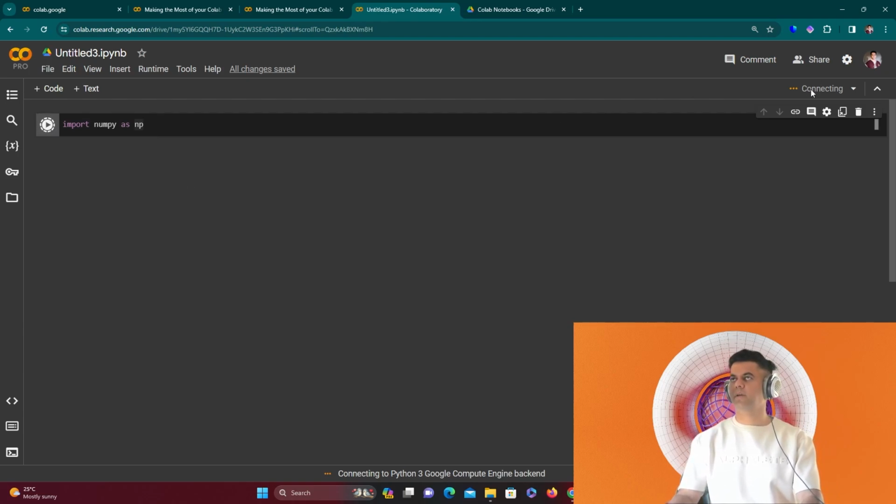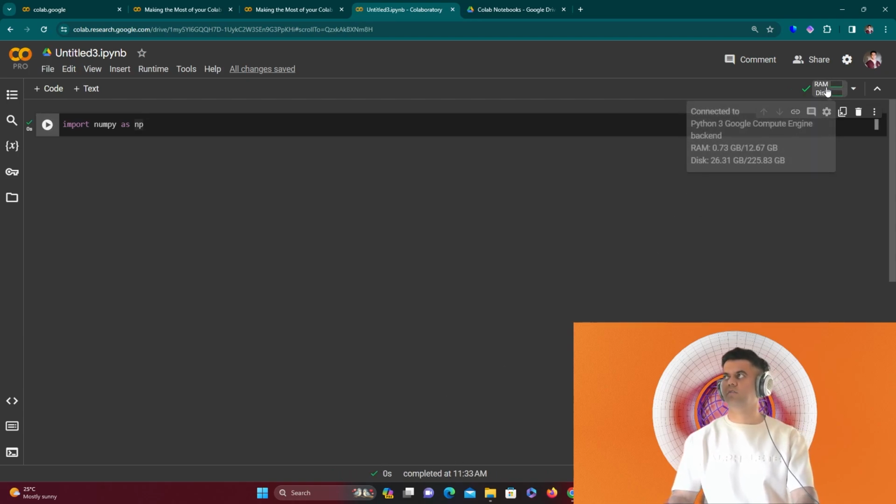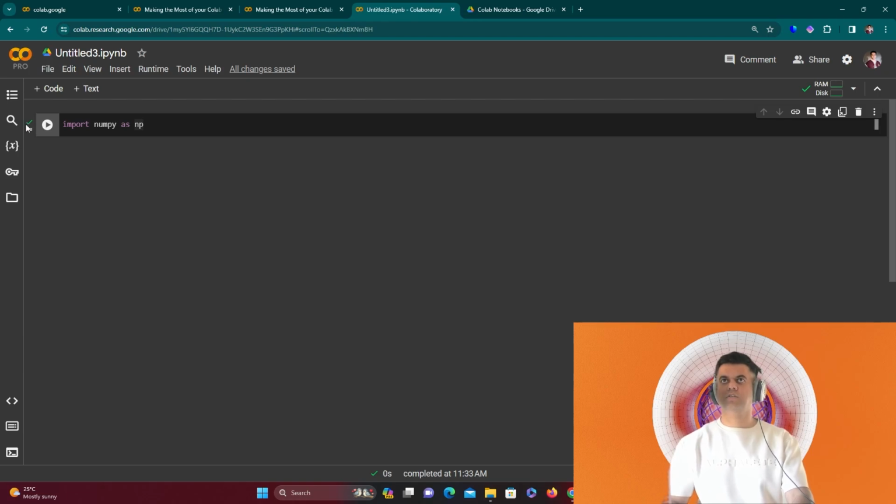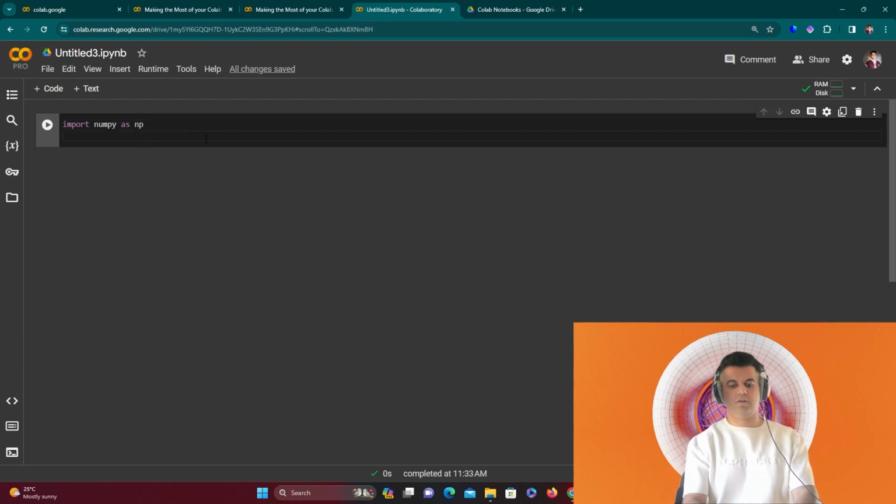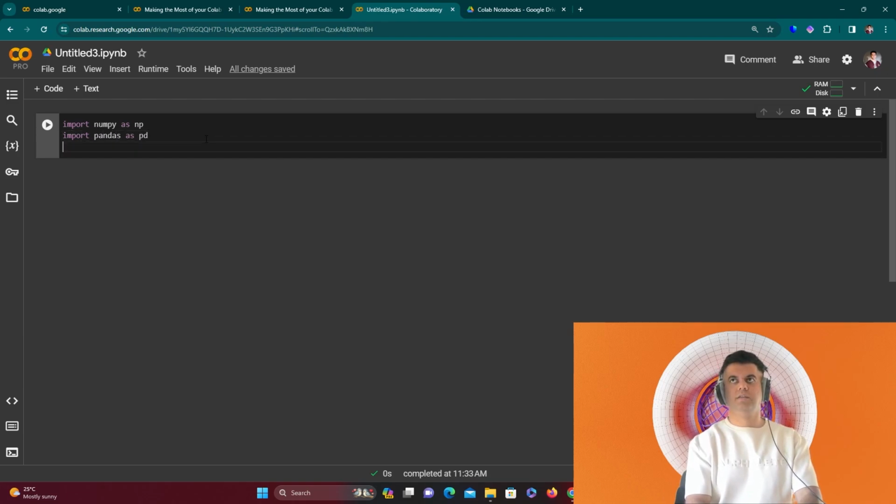And on top, it had not connected to a CPU instance. It will now connect. So it says connected, and now it is showing me RAM and disk. And when you see a tick mark here, that means it was able to run. And I can always expand on it, and I can just add import pandas as pd, and I can say